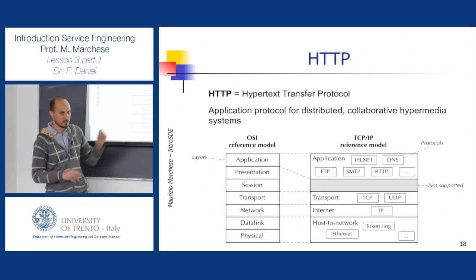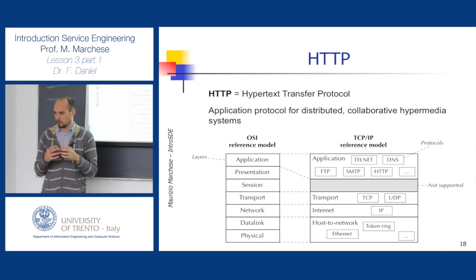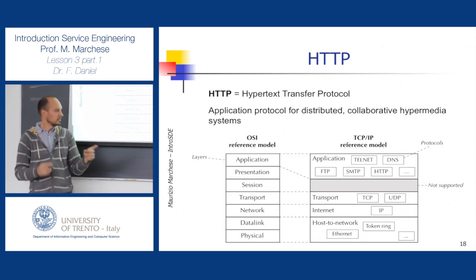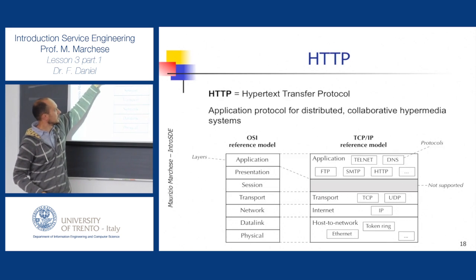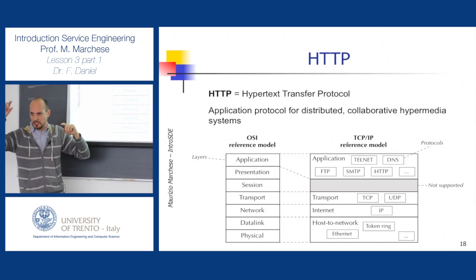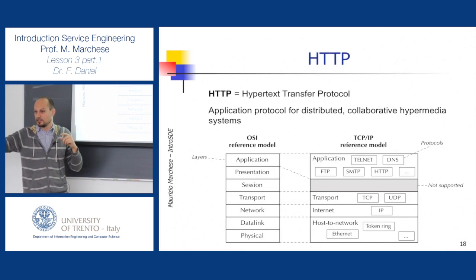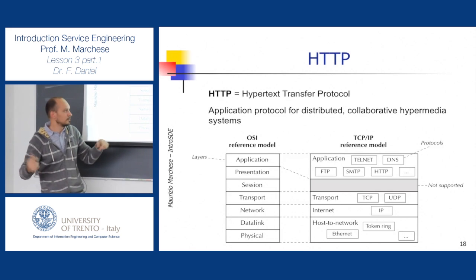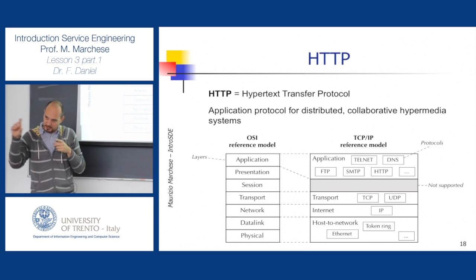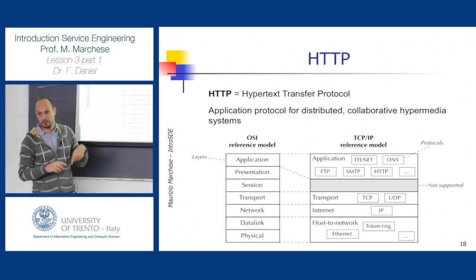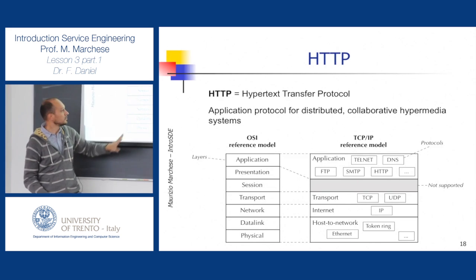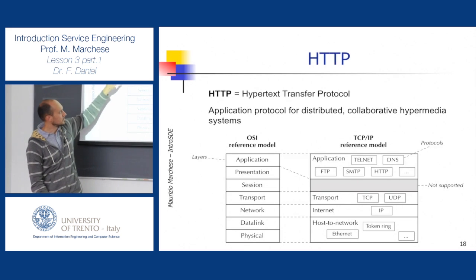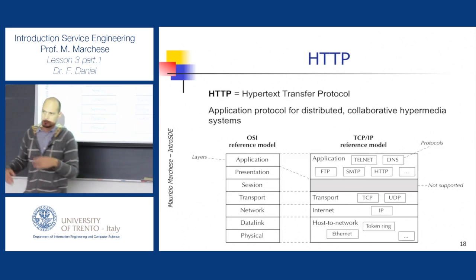Each level adds a piece of control information to your message. You want to say hello, then at the application level you need to put some control information there. You need to say the address, the destination person you want to say hello to, for example. Then you go down at the presentation level, you add again a header that tells something about the representation, XML and so on. Session, if there is a continuous communication between you and the person you want to talk to, and so on. This is the general ISO-OSI reference model, but in the web we only use a simpler version,